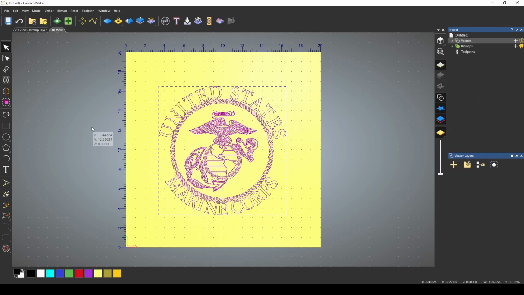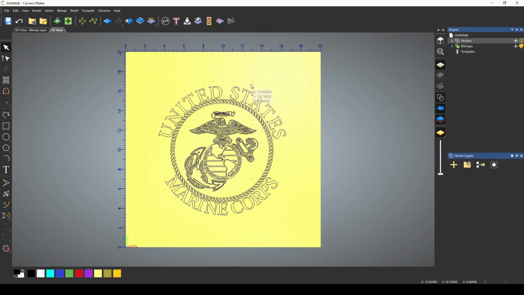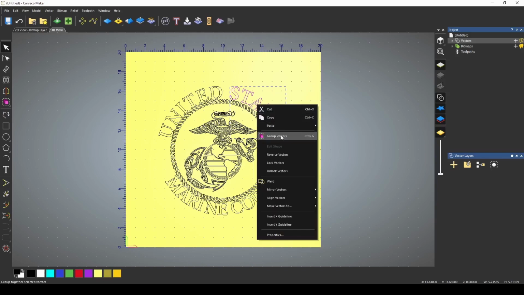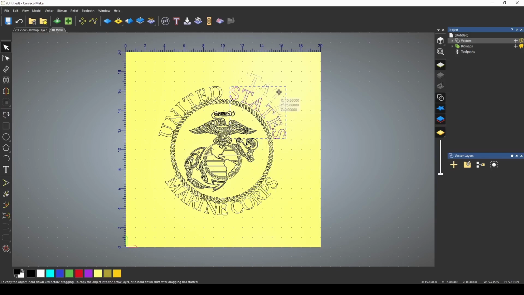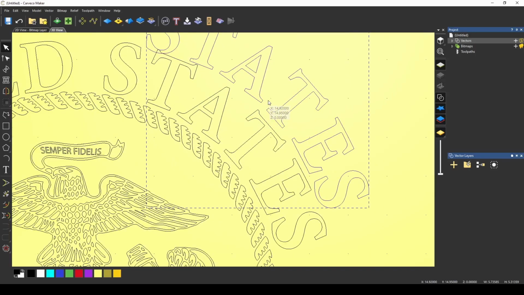Another useful tool is the grouping tool, and what the grouping tool does is take any highlighted vectors and group them together so that they are altered together or as one. To ungroup the vectors, you can right click and press ungroup vectors or ungroup all. This is a good way if you want to work with a particular word or an object and you want to keep that together. I could group this together, and now once these are grouped, I can move them around as one piece. You can always tell the vectors that are grouped together because they'll be this blue color, while ungrouped vectors will be pink in color. That's how you know if it's part of a group or not.